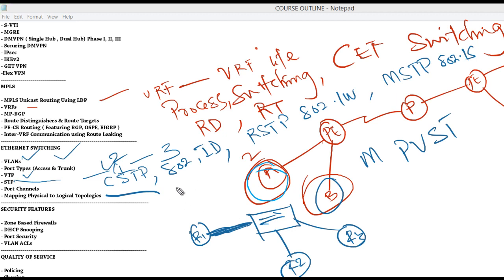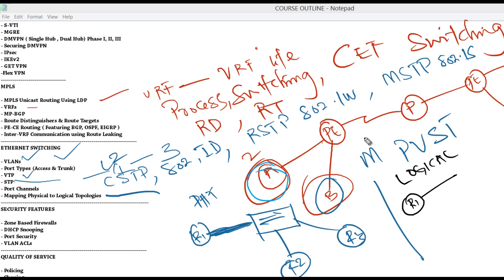Now I have this kind of topology, but this is the physical connection, and here is the logical. So in the logical part of things, I can have router 1